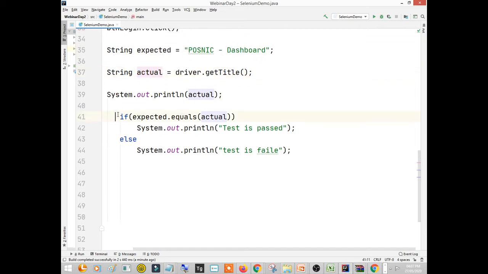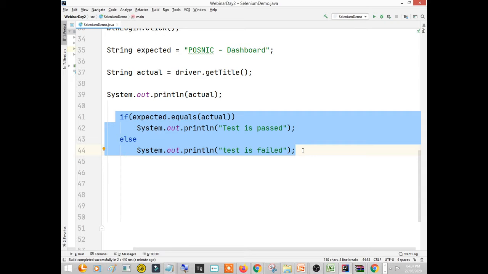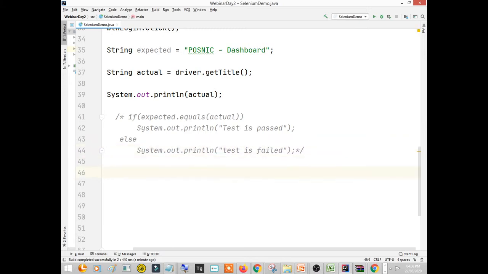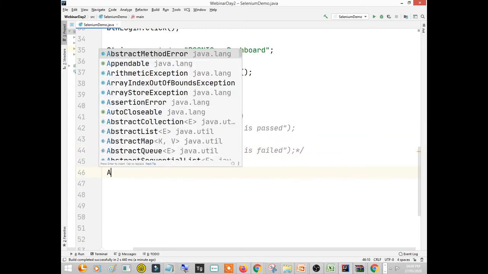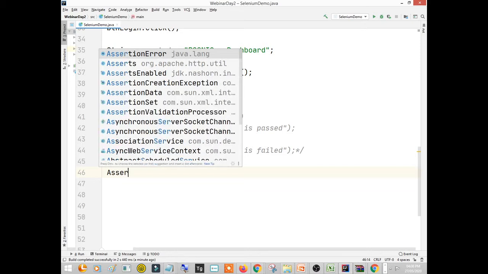Actually, in automation we never do it like this. This was just a simple approach so that you might understand or get the reference easily. Actually, we have asserts in automation, so I'll also show you that.